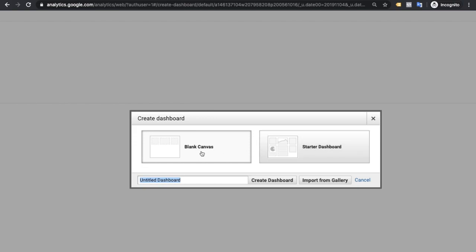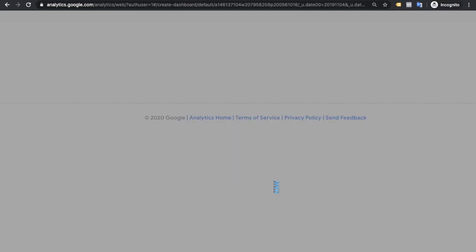You need to click on blank canvas and name your dashboard. Suppose I name it source medium. And then select create dashboard.